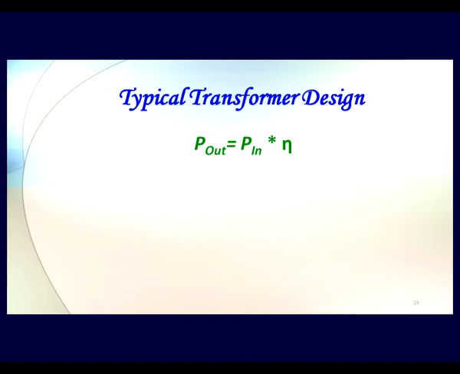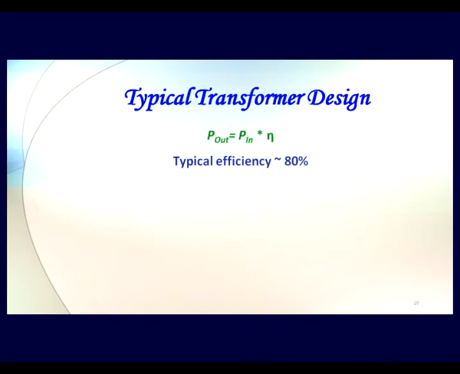One is the power input that we are going to give to the transformer, and what is the power output we are getting out of that transformer. The ratio of power output upon power input is called the efficiency of the transformer. And as you know, in any working system, the efficiency cannot be more than 100% ever. So you always are going to lose certain power in the operation of that particular device, and so always your power output is going to be lesser than power input. Typical transformers have efficiency of 80%. That is, the P out by P in ratio is of the order of 0.8.